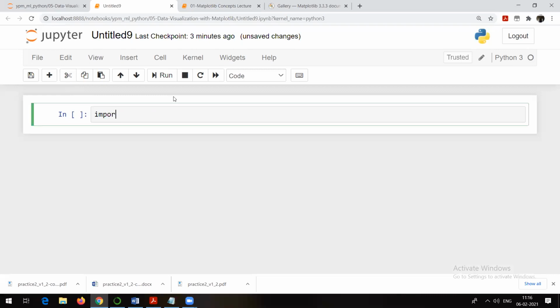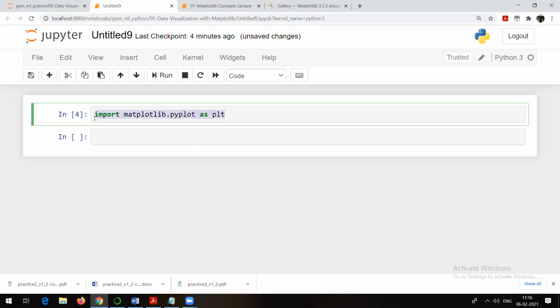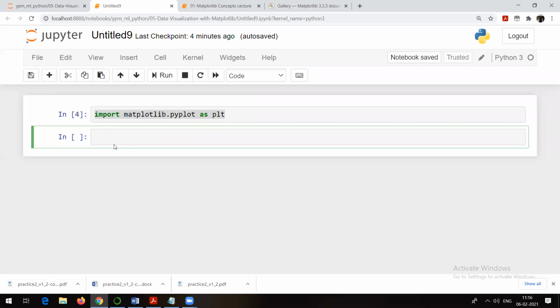So how to import matplotlib? As we are using Anaconda's Python, you will see that matplotlib is available by default. I will just go here and type import matplotlib. If it is not there, then you will have to use a pip install command. I pressed the tab button, that's why it auto-completes. See, import matplotlib.pyplot as plt. Again, it's a standard practice, we use the plt variable for matplotlib. I run it. There is no error. You can check it, it is showing the version number.